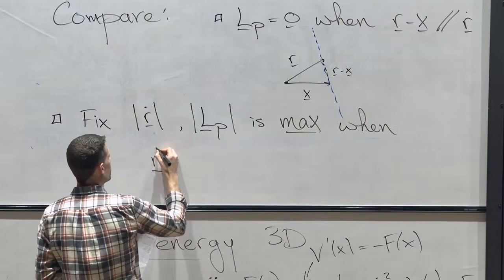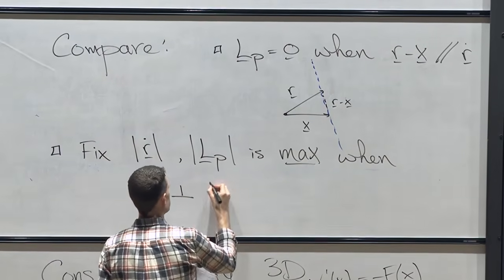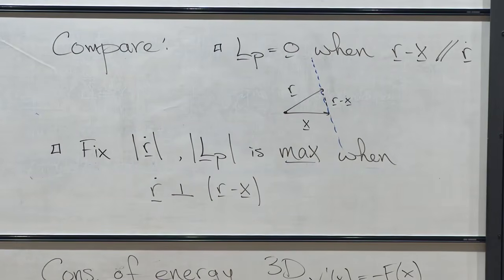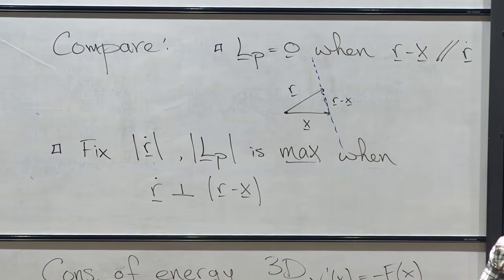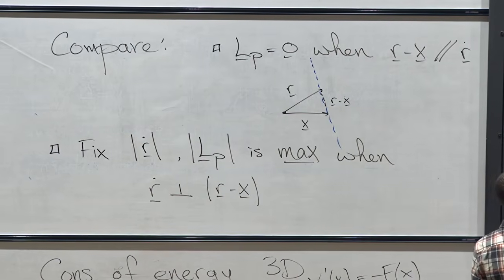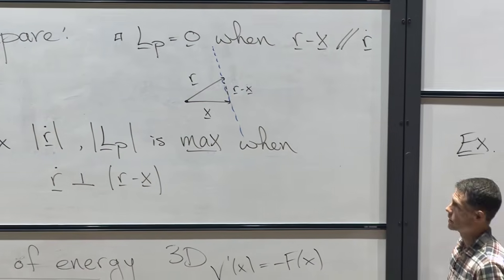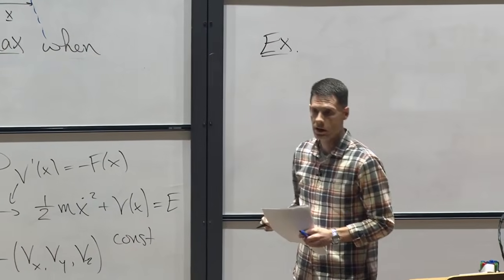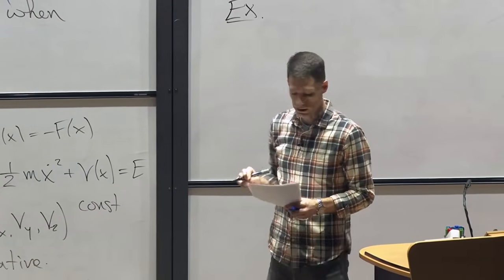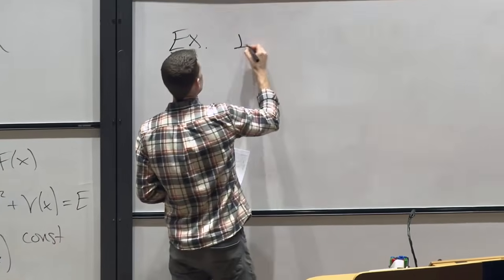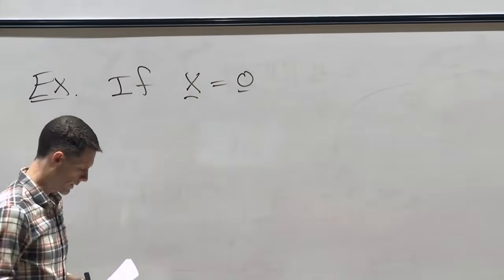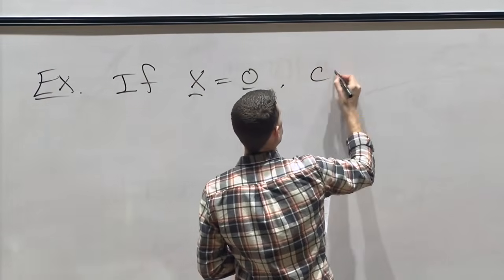So maximum when r dot is perpendicular to r minus x. In particular, if we go back to these pictures we had over here, circular motion, compare case 1 and case 2. If I let x, my point P, be the origin, so x is the 0 vector, what we can do is compare,